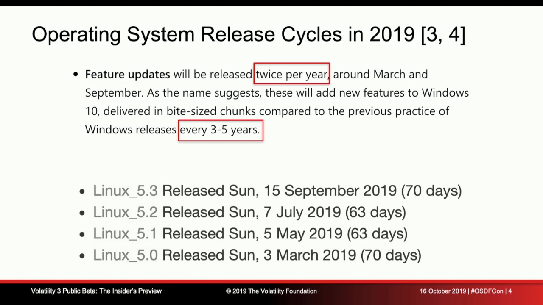Also, with the Linux releases, the last 4 releases that have happened have all been in a 60 to 70-day time period. So they're changing very rapidly, and being able to keep up with that and deal with it more easily is not something that Volatility 2 was particularly great at. Building profiles was quite painful, and we don't want that many profiles. This is one of the reasons that we had the Windows 10 underscore, this long hex number, because there wasn't really a way of saying, this is Windows 10, but it's not quite the Windows 10 you knew. It's now a slightly different Windows 10.